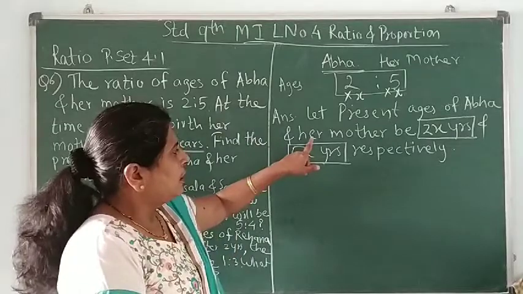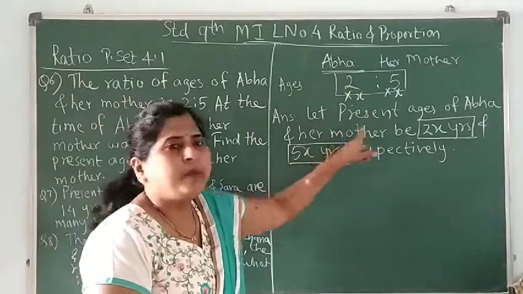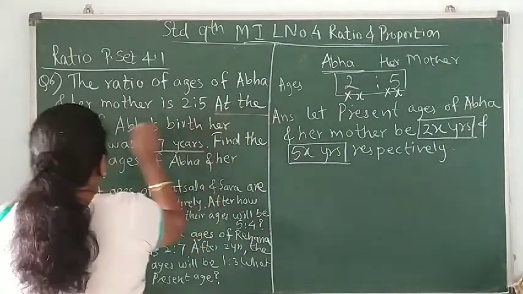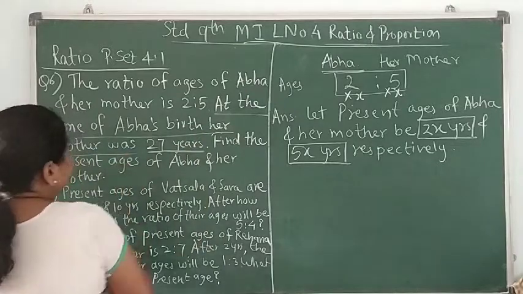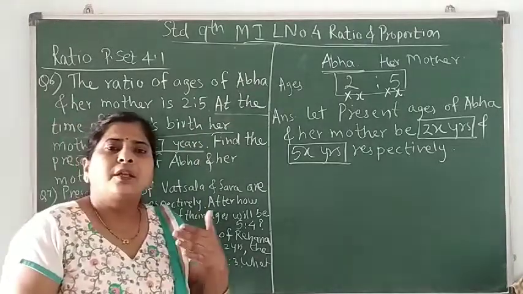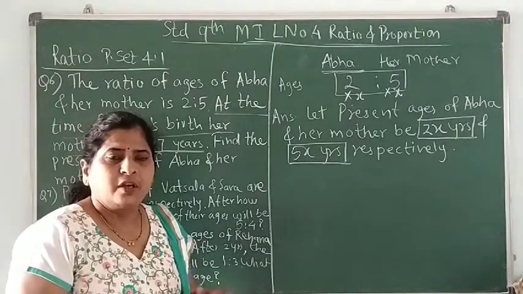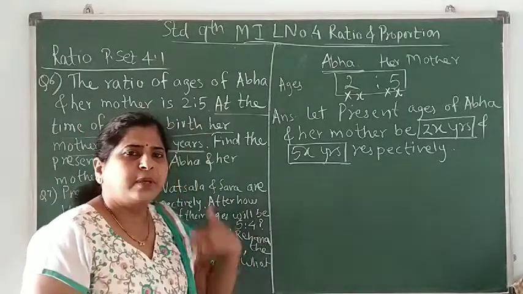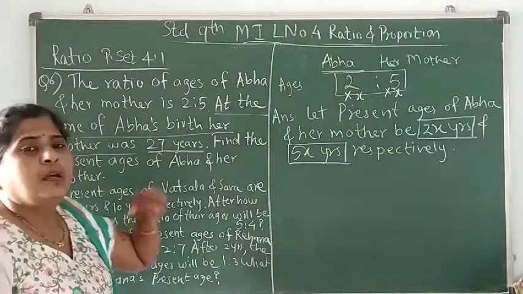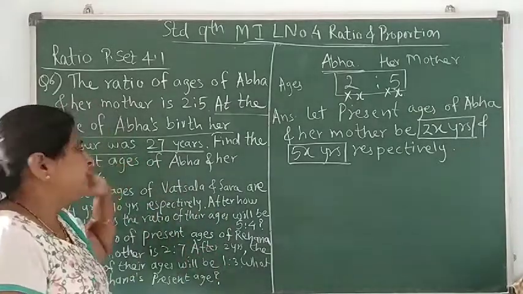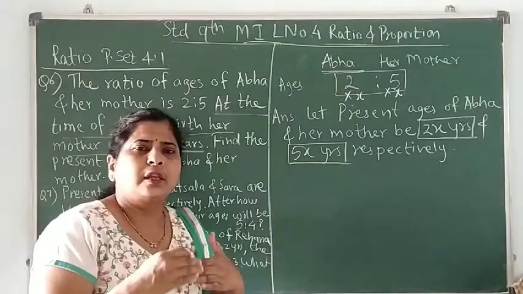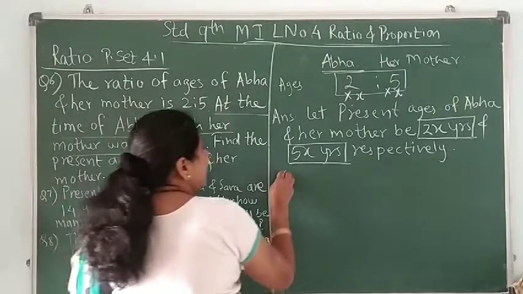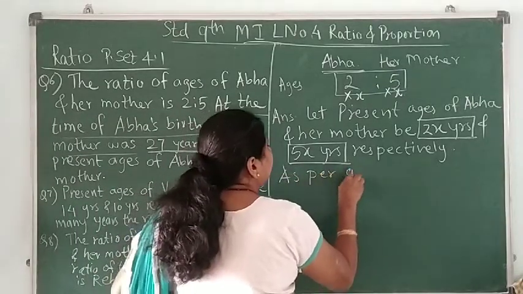Okay, so whatever we have assumed, that we have defined, and after this one more piece of information is given, that at the time of Abha's birth, her mother was 27 years. It means the difference between their ages is 27. Whenever Abha grows, her mother's age also grows. When Abha becomes 1 year, her mother will become 28 years. When Abha becomes 2 years old, her mother will become 29 years old. So the difference between their ages is always going to be constant, which is equal to 27. So we can say, as per given information,